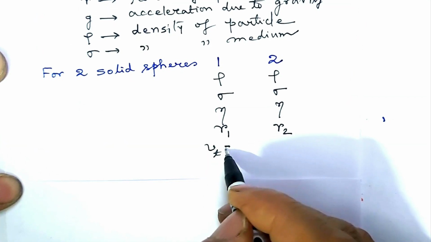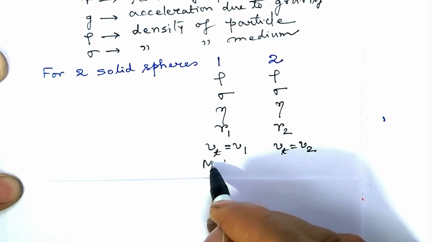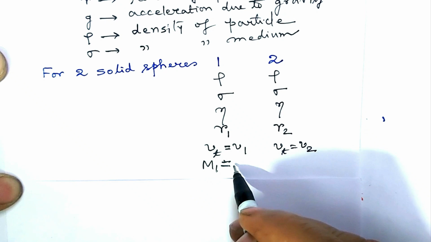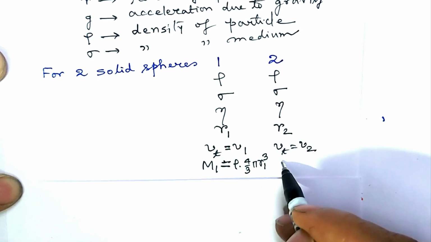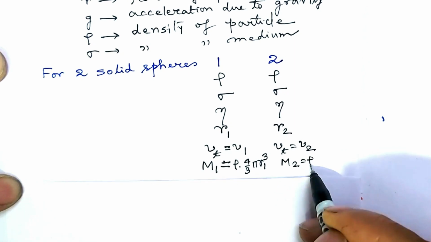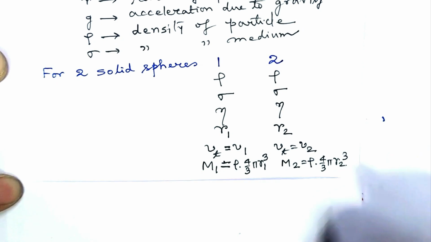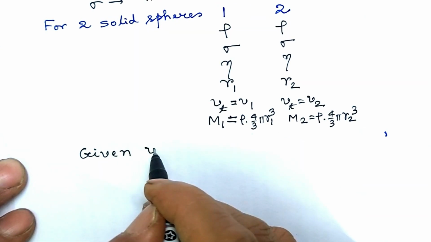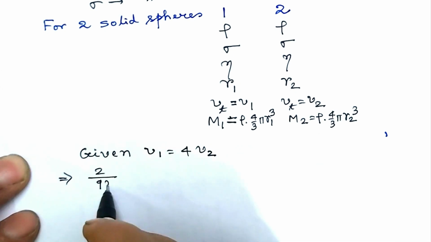Their speeds terminate at different velocities, say v1 and v2. Their masses are density into volume. So it is m1 equal to rho into volume of first solid sphere. Similarly, m2 equal to rho into volume of second solid sphere. Given that v1 equal to 4 times v2. Let us put the expressions of the respective terminal velocities, that is for v1 and v2, to get,